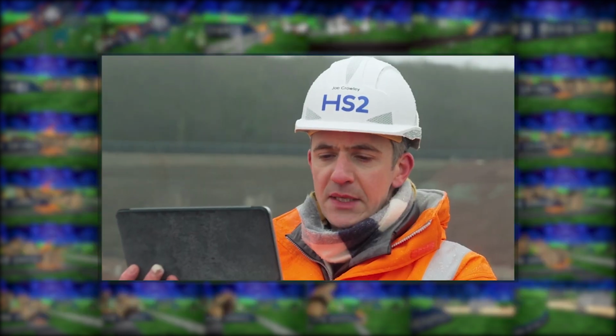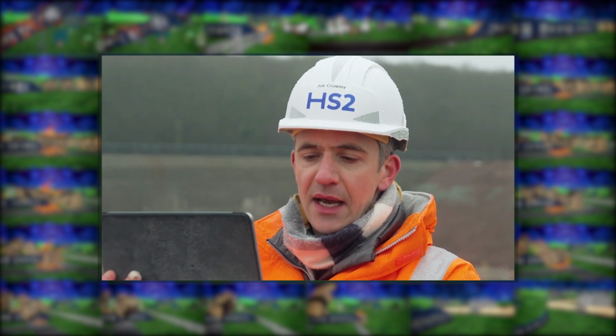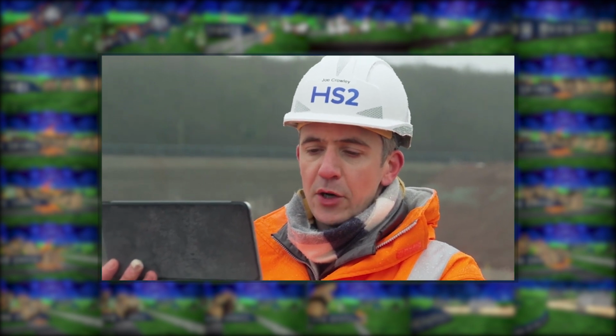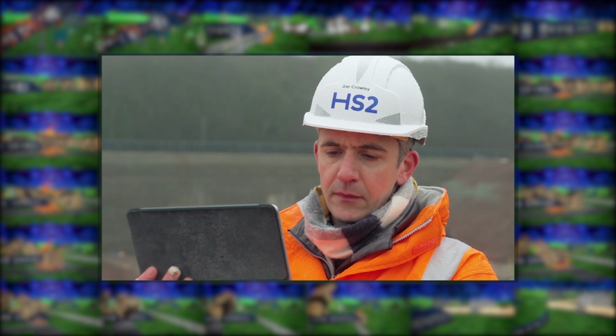But there are some habitats, some environments that can't be replaced. That's what the Wildlife Trust would say, that actually some things you can't mitigate for. There will be damage, there will be a cost. Where we are impacting on the natural environment, we're translocating species. We're going to create 60 new habitats. In fact, the planting area for trees and shrubs on HS2 is 30% greater than the area that's impacted by the railway. So our intent is that the net effect of all our work in this area ultimately